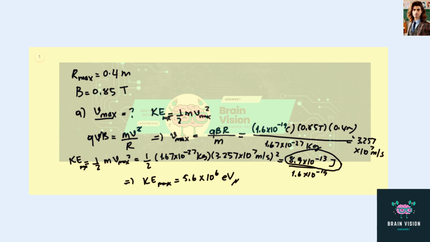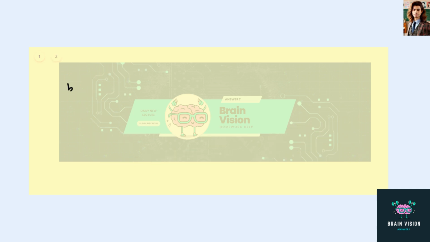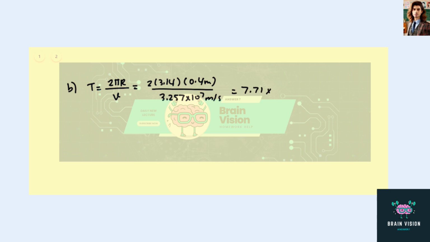Now, in part B, we're asked to calculate the period of this rotation. It would be the circumference over the speed, right? So 2 times 3.14 times 0.4 meters divided by 3.257 times 10 to the power 7 meters per second. That is going to give us the period of this rotation, 7.771 times 10 to the power negative 8 seconds. In part C,